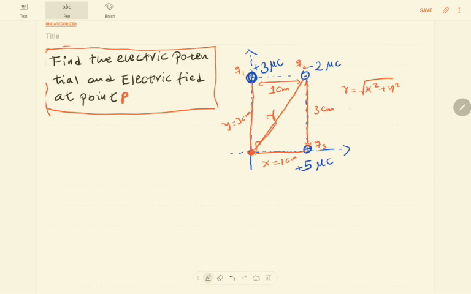So with little substitution, you will find that r is approximately square root of 10 centimeter ማለት እንችላለን። Finally we will use the r value when solving electric field እና electric potential ስንሰራ ማለት ነው።